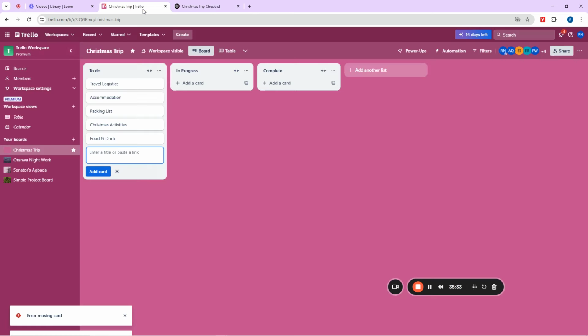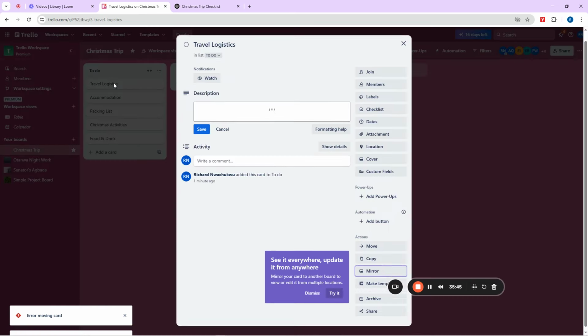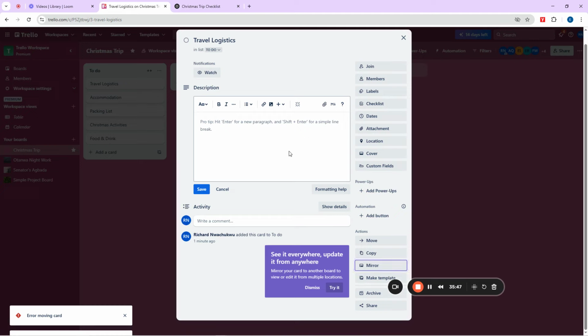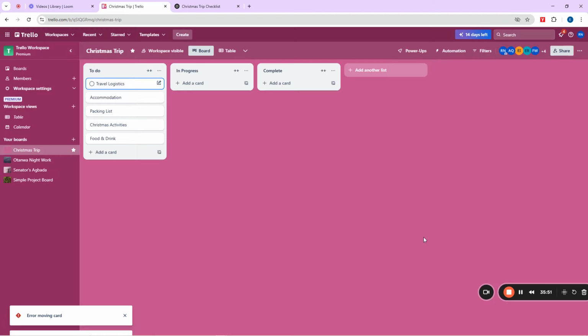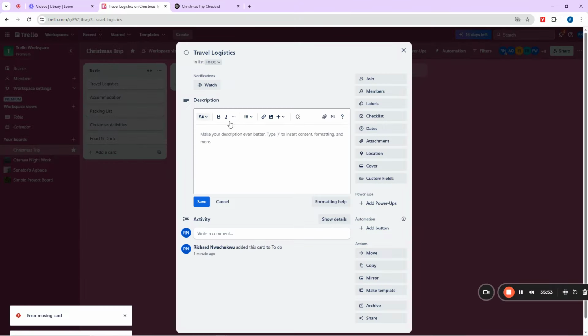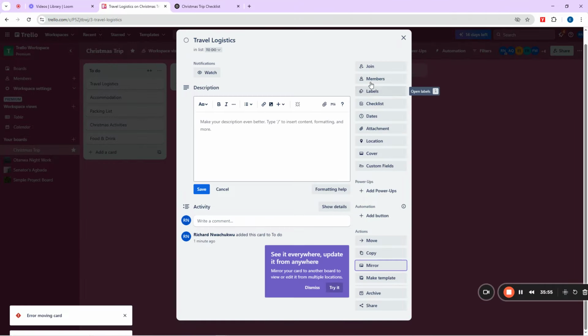Now, the checklists are more like this. Maybe we are a team, so who will plan our logistics? Now we say somebody from our team is going to plan it. We'll open it up like this. Can you see? So who is going to plan this with us? In our team, we have people like this, so we can click on these members here to add people.